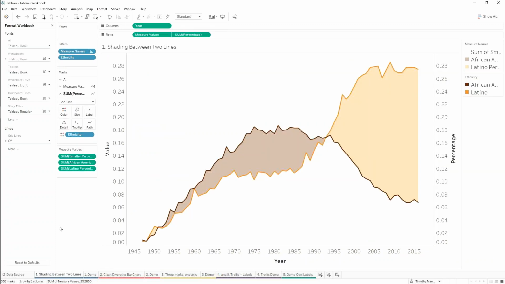Okay, so I'm Tim, and I have got five tips which I'll walk you through quickly. I'm going to show you what each one is first before I demo it, so you can have a think about how you would do it if you don't know how. The first tip I've got is shading between two lines,